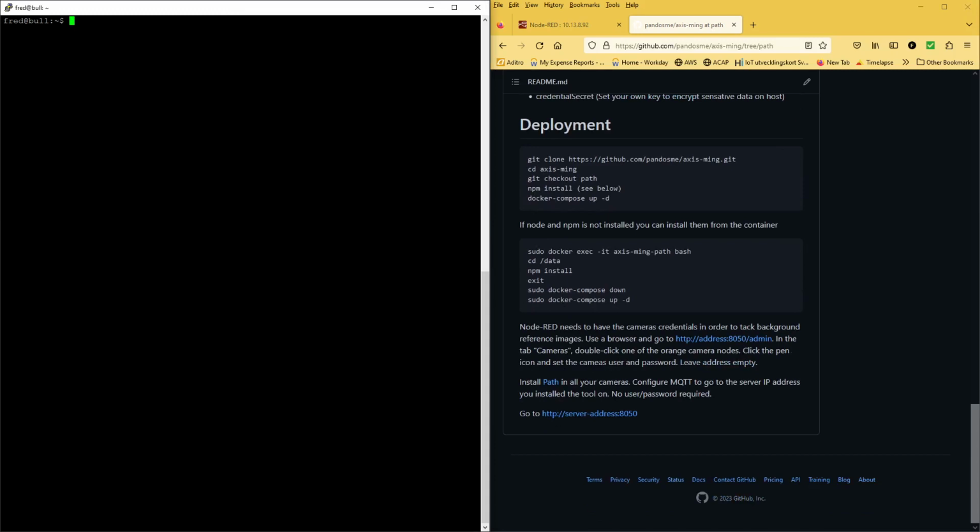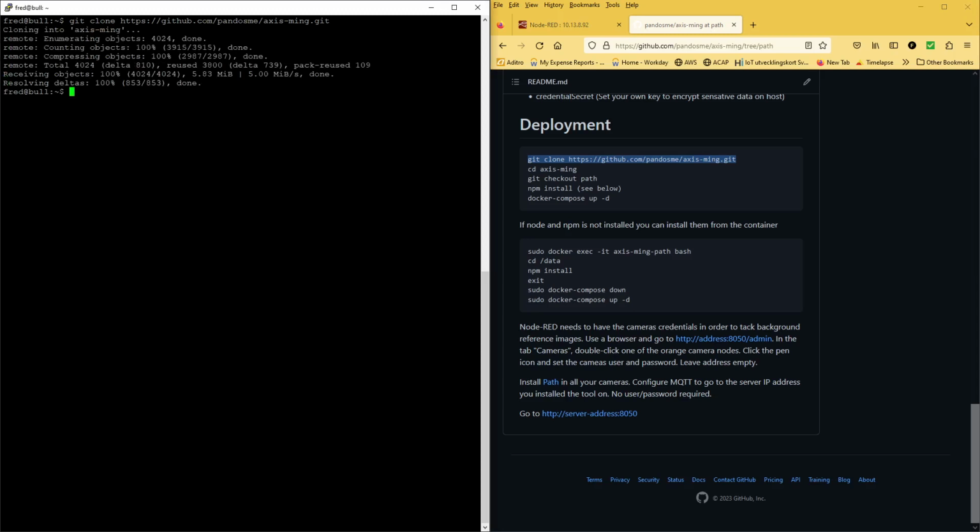On this side I have a terminal to a Linux Ubuntu computer, and we can just start here by going here, copy this and paste that. So we are cloning the repository, and there is a new subdirectory, so we can go into access Ming. So we can look inside here,